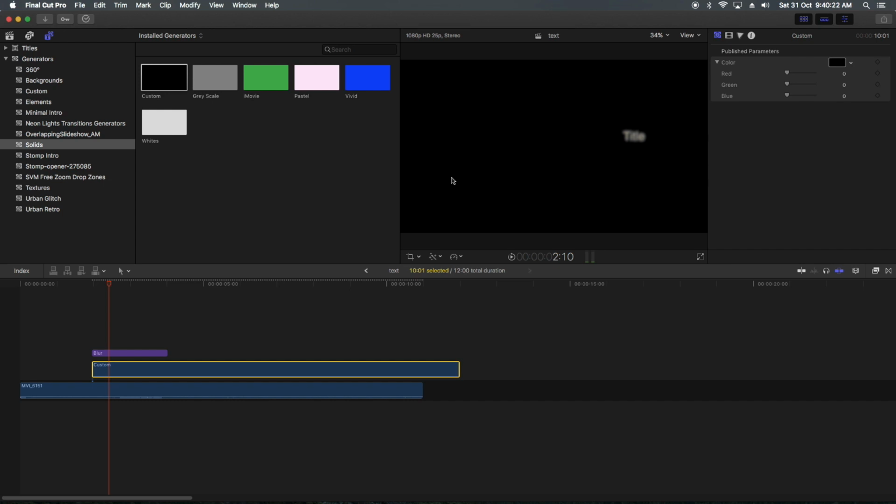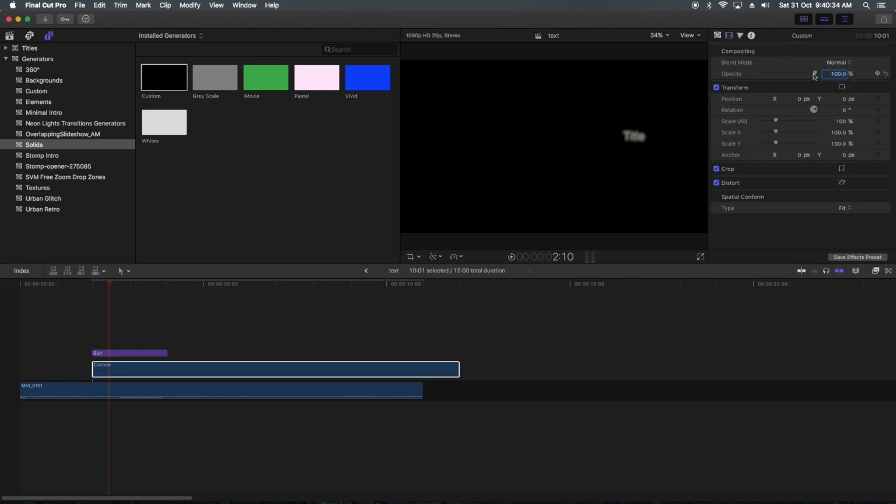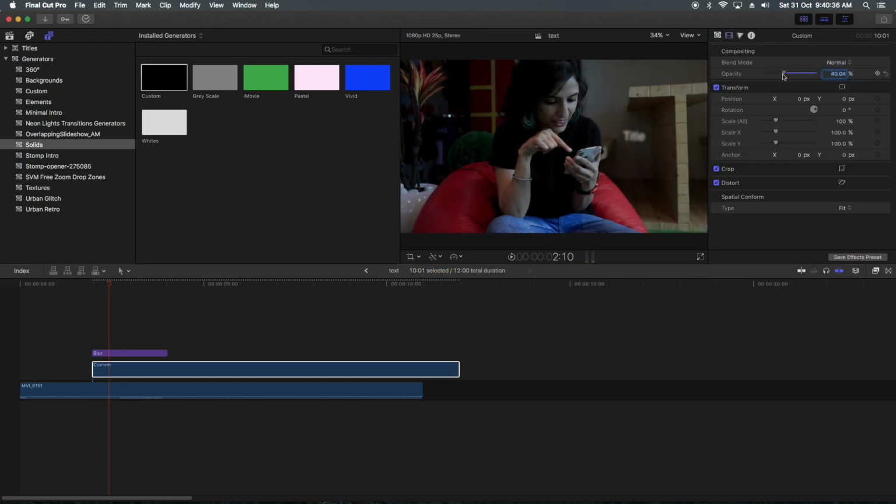We have to make it opaque. And how can we make it opaque? By using opacity. And where is that opacity? In the inspector window. This is the opacity, and we can use this opacity as per our desired point.